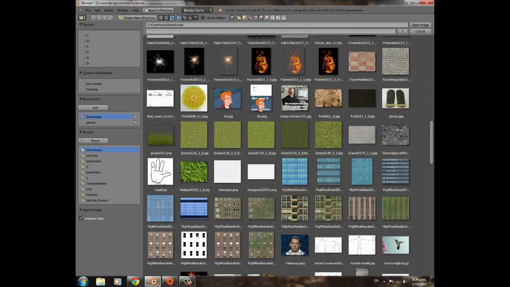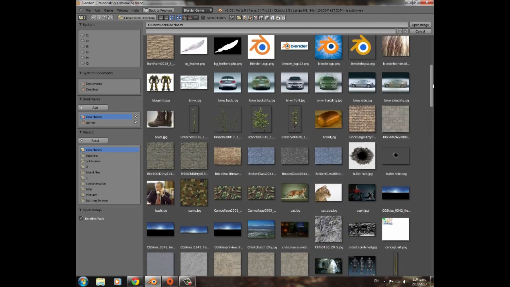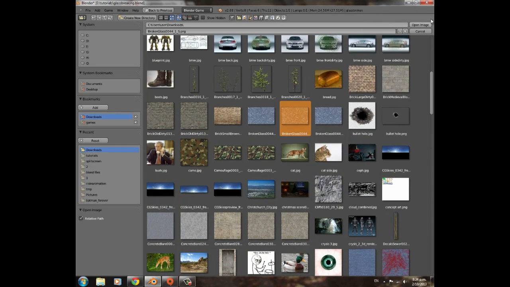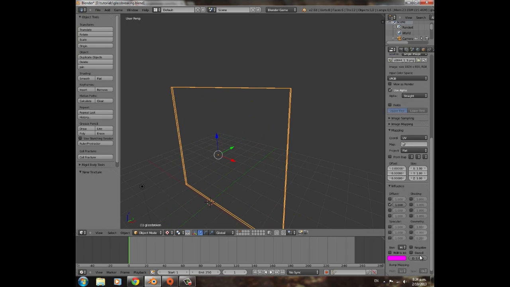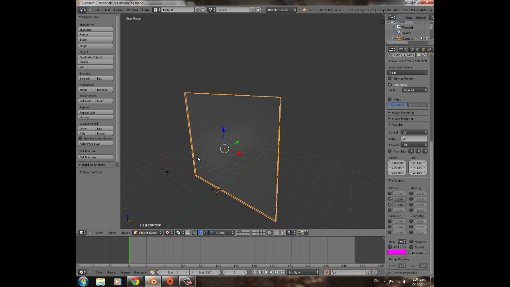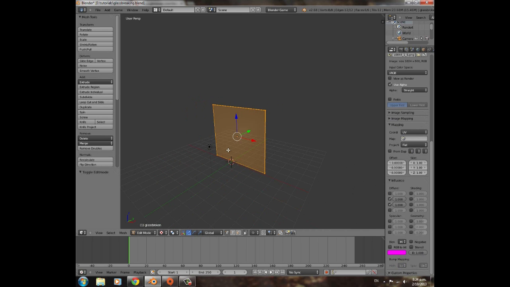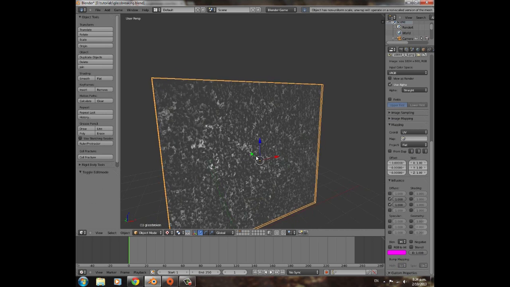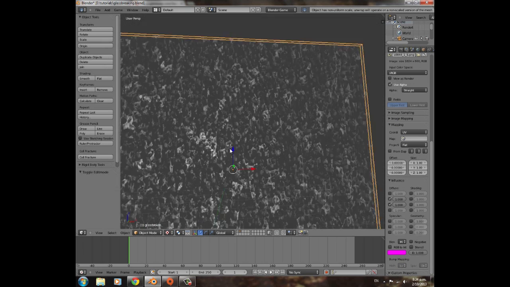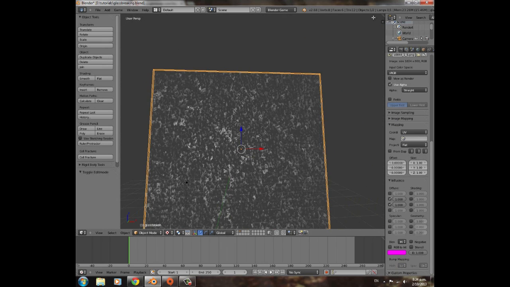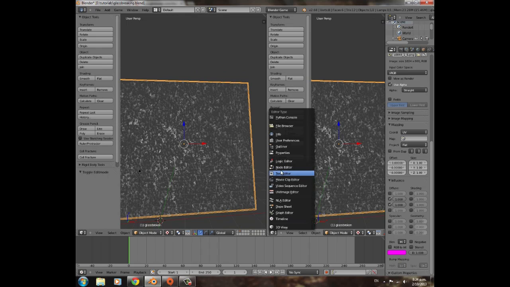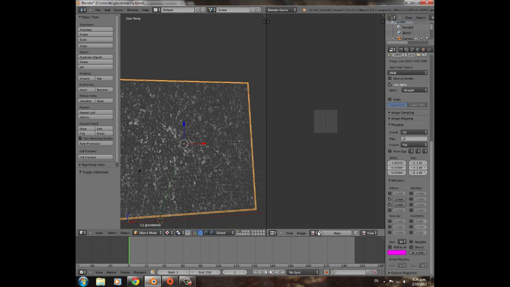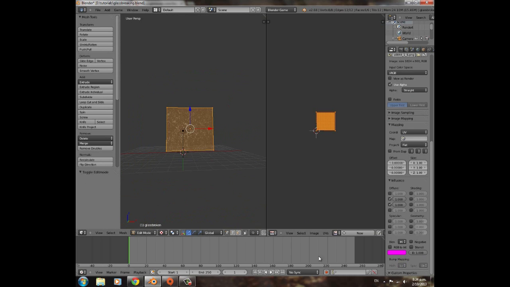your broken glass image from GIMP. So that would be that one. Then scroll down and select alpha, and then you can press tab, you unwrap, and it will unwrap the broken glass. Then make a new window, click UV image editor, click broken glass, press tab, then click broken glass, and